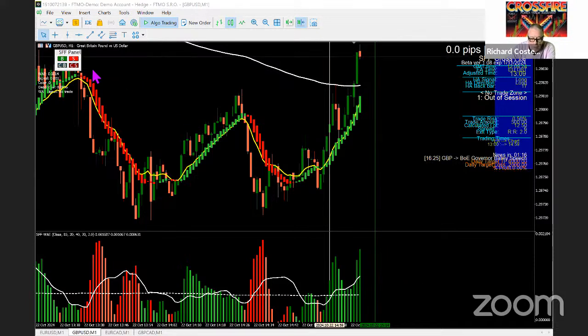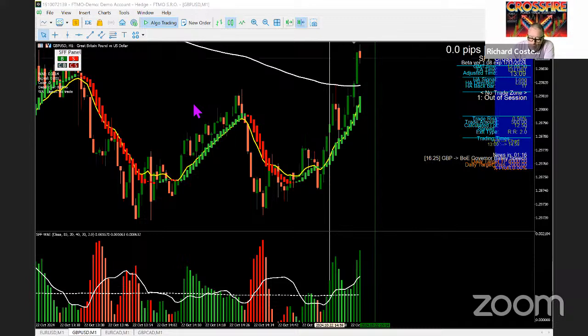I'm not sure if you've got this yet, but I've got a later version, and this is like an instant trading panel. So if I wanted to get in for a buy, I would just click on that B for buy. If I wanted to close the buy, I will click on the CB close buy. That will be a sell, and that will be a close and sell. But that would get me in using my